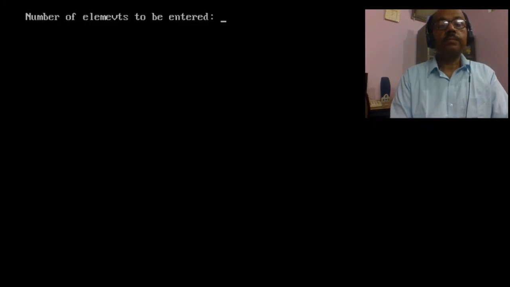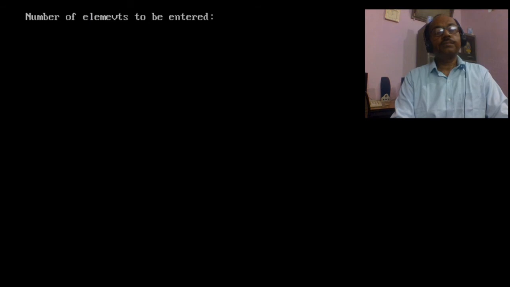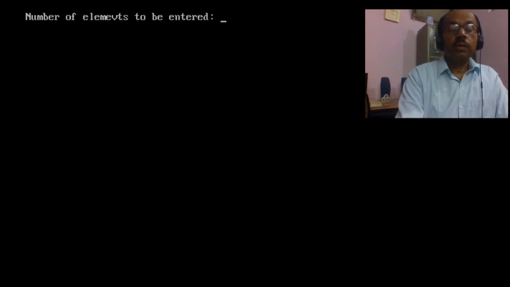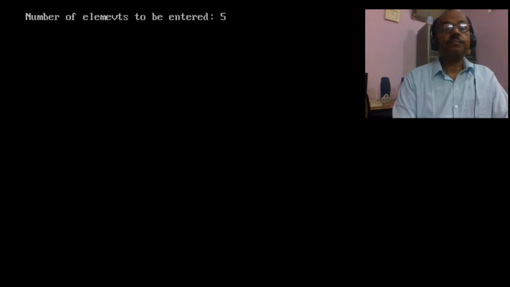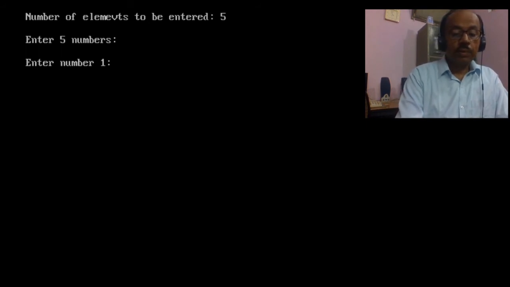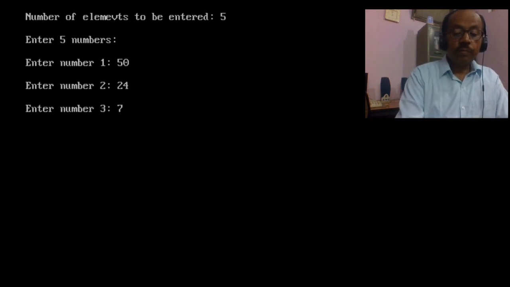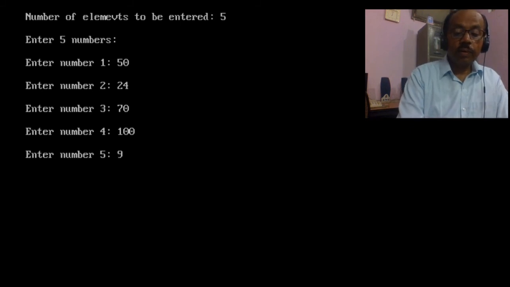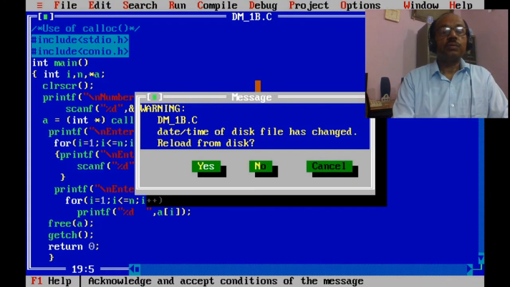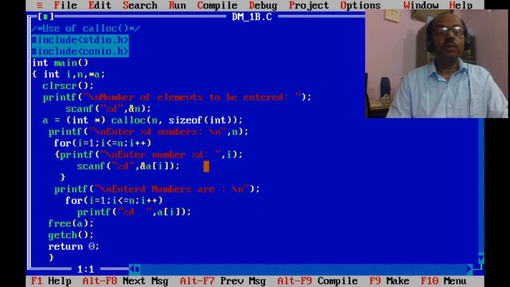Control F9. So we have to enter the number of elements to be entered. Let's take 5. Enter 5 numbers. Enter number 1, maybe 50, maybe 24, maybe 70, maybe 100, maybe 90. So all these 5 numbers are displayed as they are here. So there is one mistake.